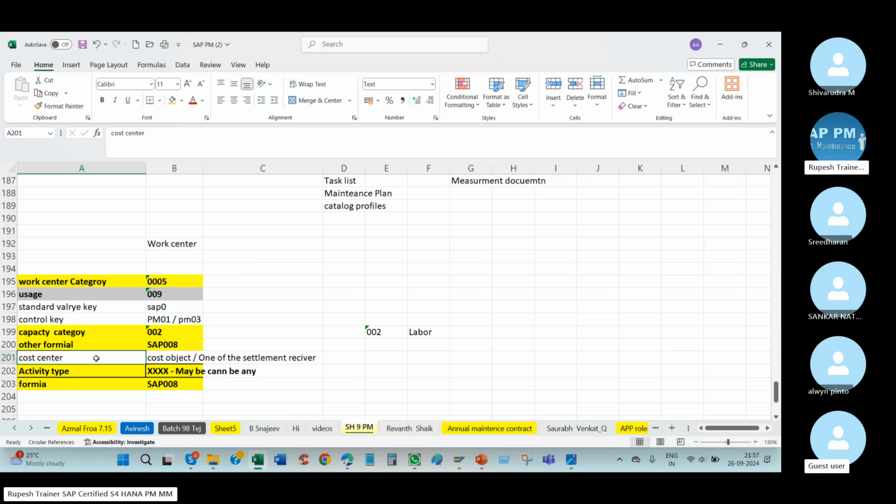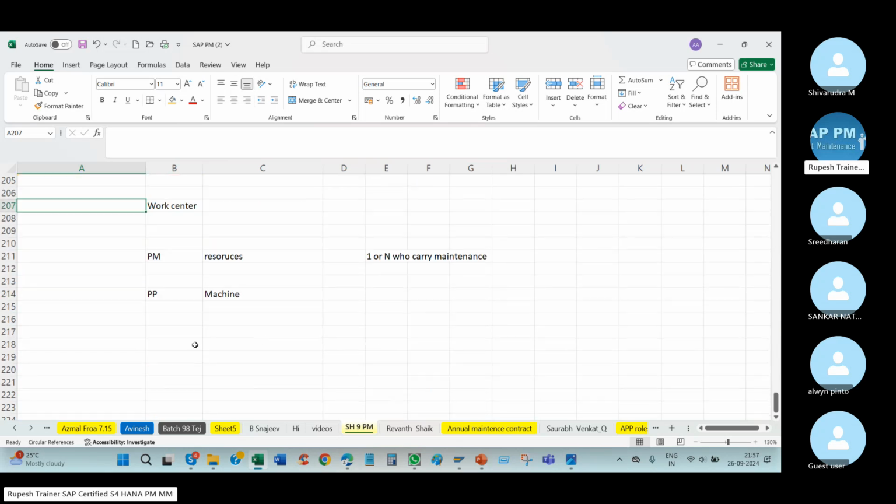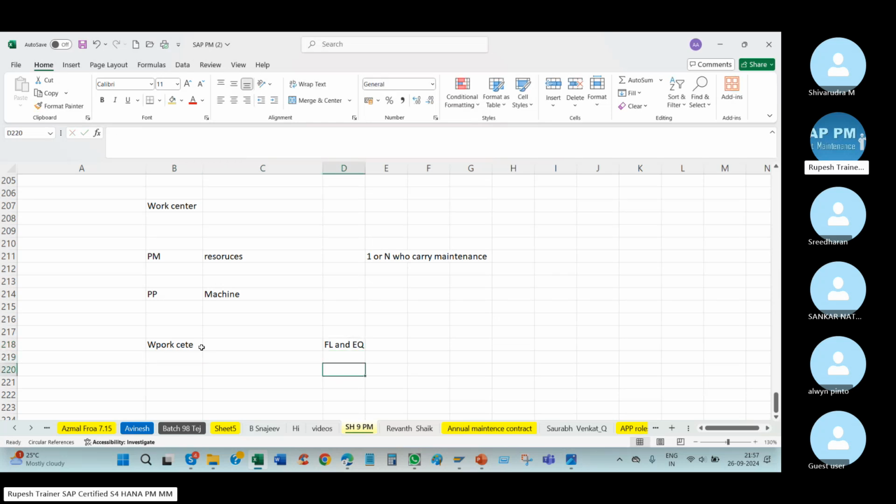Actually, what you told is correct in the front. Cost center will be in 2 places. One is at the work center level, and the other is at the FL and equipment level. What you told will go and sit in this cost center